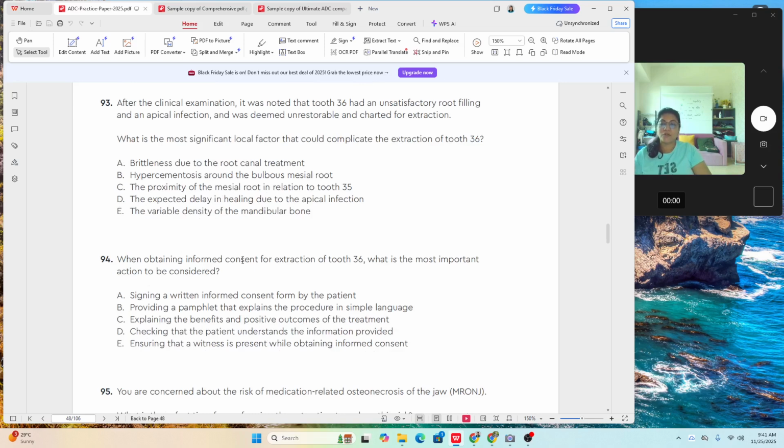When obtaining informed consent for extraction of tooth 3/6, what is the most important action to be considered? Now, this is not related to this patient alone. For any of your patients in your clinical settings, whatever treatment you are doing, the most important thing when you're taking an informed consent is that you should make sure that the patient has understood what he's signing,